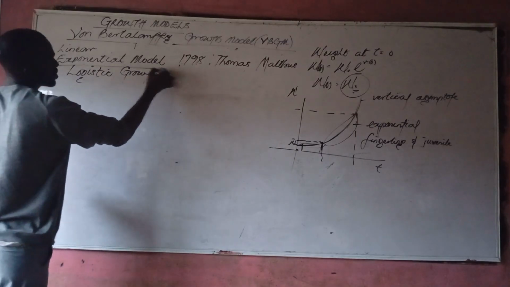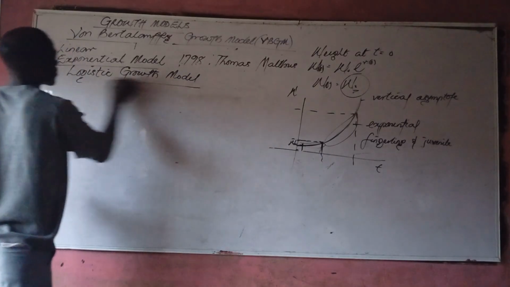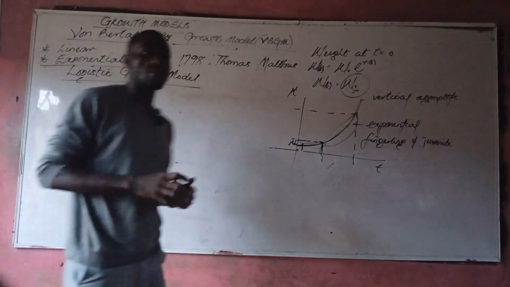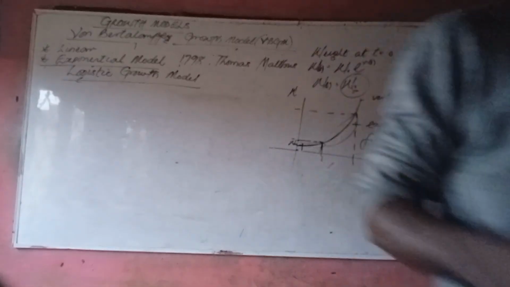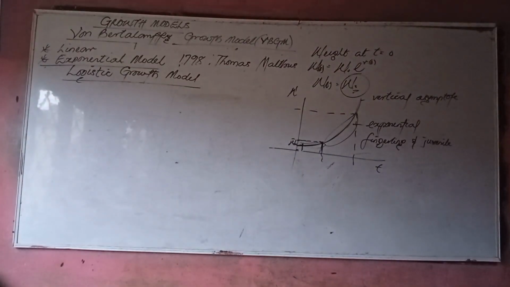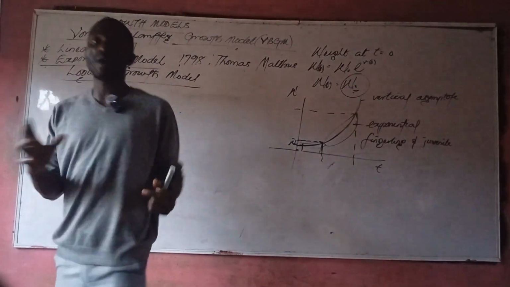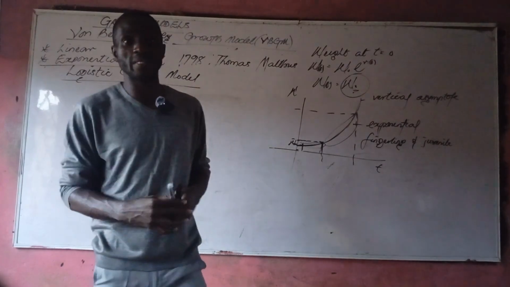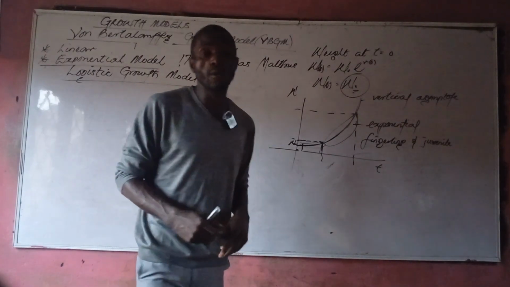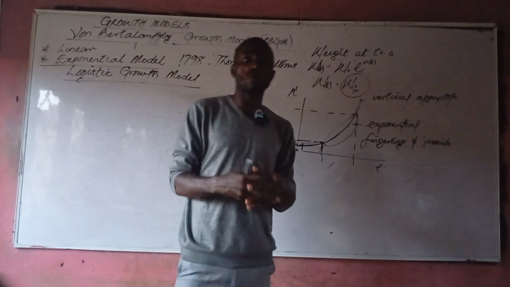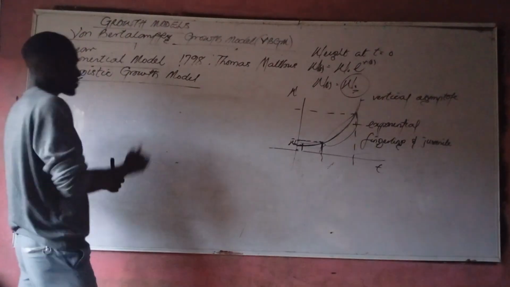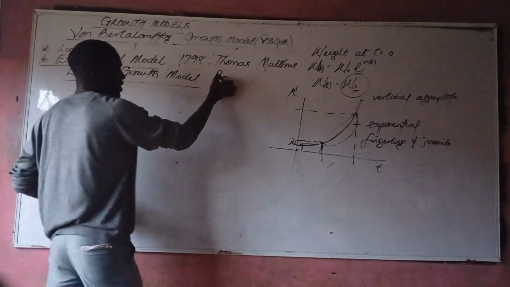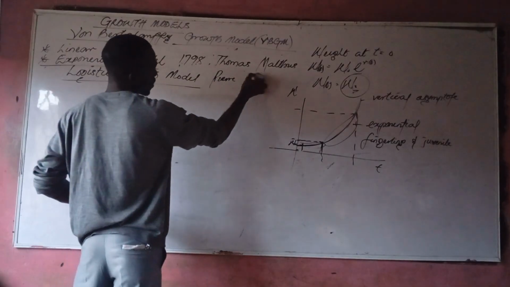Now, why is it called logistic? It is called logistic because it is logical. It fits in all the biological parameters that may affect the fish. It fits in all the biological parameters, or at least most biological parameters, that the exponential model does not factor in. Now it was invented by Pierre François Verhulst